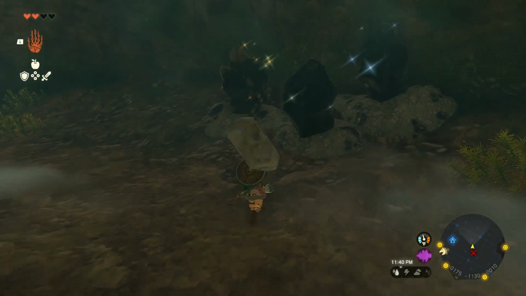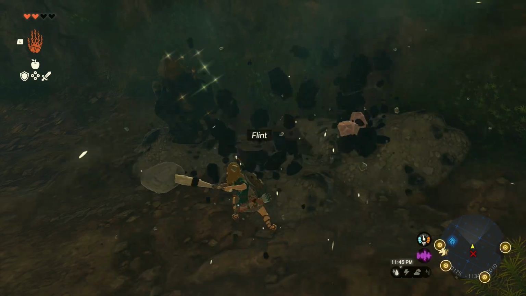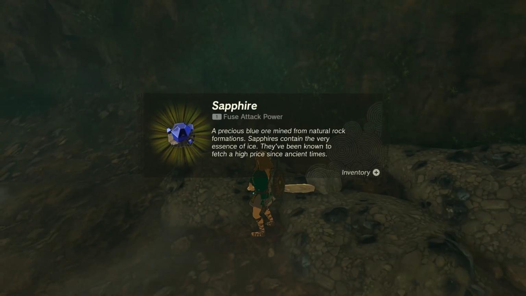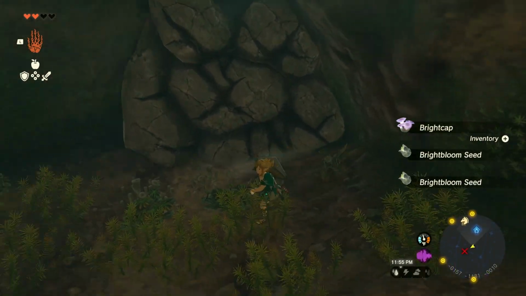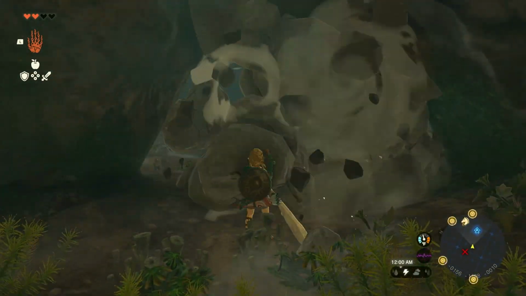As you can see, there is a wall that is breakable to my left. That one actually is going to be something that we cover here in a few seconds. I broke my flint. I'm an idiot. And as you can see, I did get a ruby and a sapphire. Very huge find, especially for the early goings. We're going to come over here, pick up these seeds real quick, that bright cap. And we're going to break this wall open to reveal...